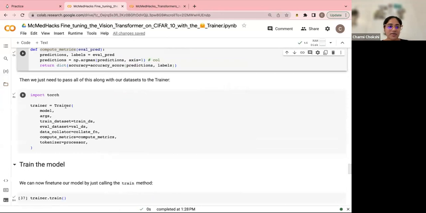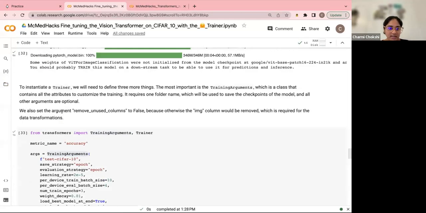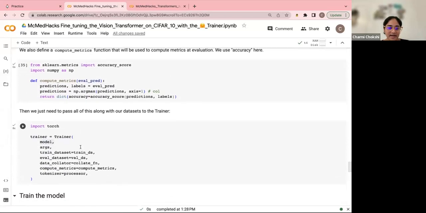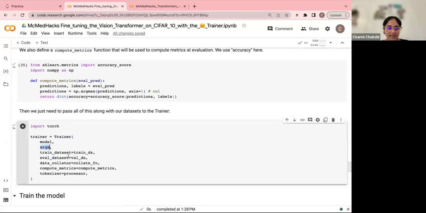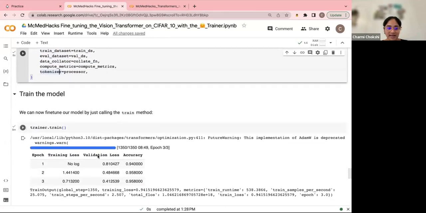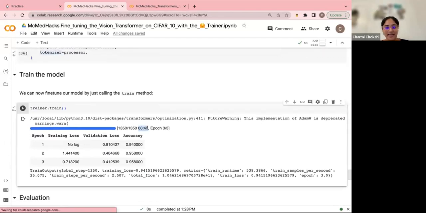What we can now do is simply use a trainer and pass it the model. The model is here that we downloaded from Hugging Face. So pass the model, pass the training arguments, and all the training dataset, validation dataset, and compute metrics, and then trainer.train. And after a while, it took like 8 minutes and 50 seconds for me to run